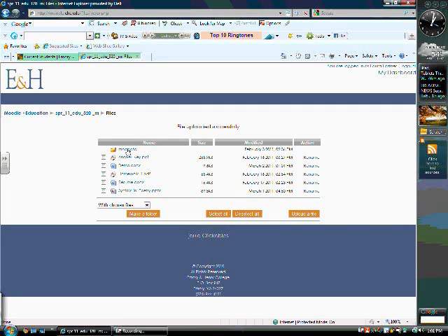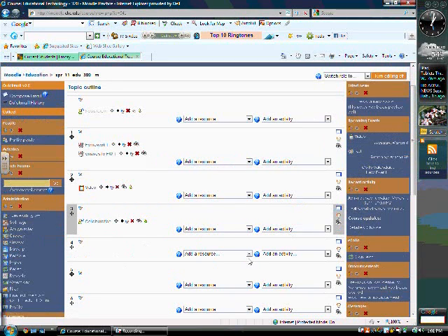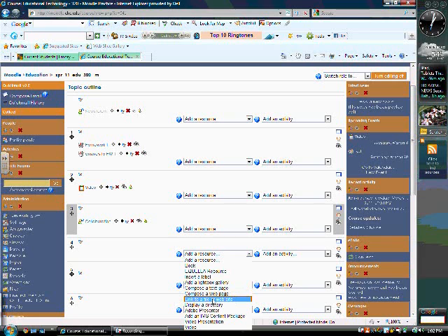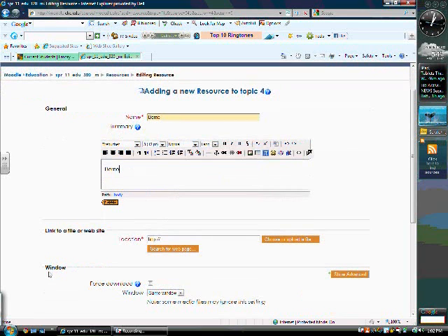Now, in order to share it with students, we have to post it on the main page. So go back to the main page, click on the Add a Resource drop box, and click Link to a File or Website. Enter the name and description as desired. Now, where it says Link to a File or Website, click on Choose or Upload a File,